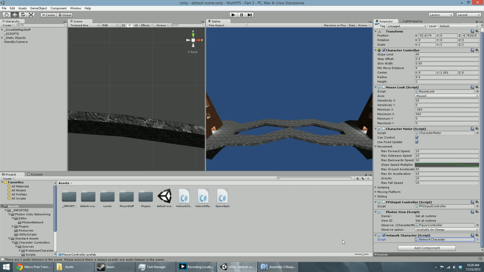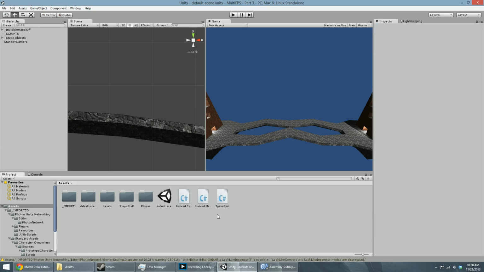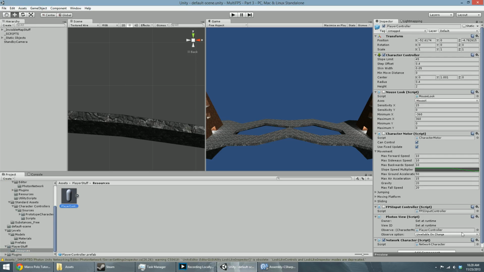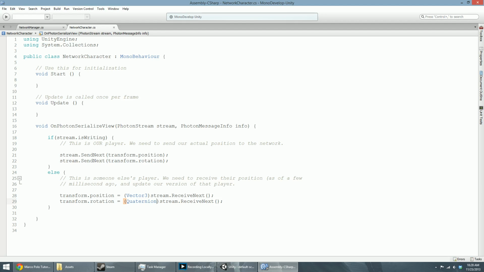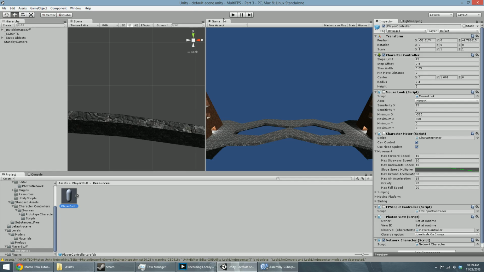So network character will always be enabled on all player characters, on all player controller objects, right over here. It's got the network controller. If it's ours, it's going to do this thing. If it's someone else's, it's doing this thing. So if I build